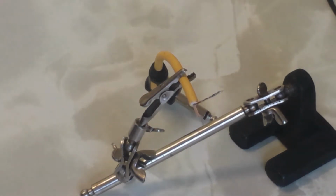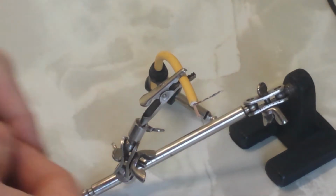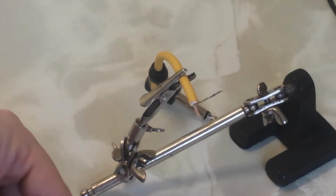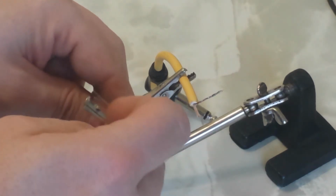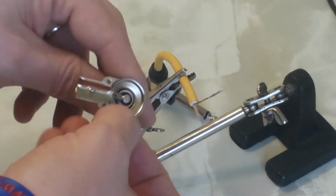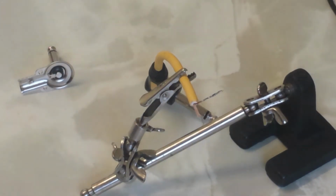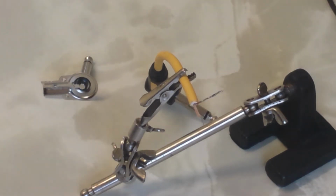The other thing is when you're applying the cable to the jack socket, if you're doing the metal on the outside edge around here rather than applying it to the centre pin, or I usually do the centre pin first, then you may need a dab of flux just on the chassis, just to help the solder to adhere to the chassis rather than just floating on top of it and giving